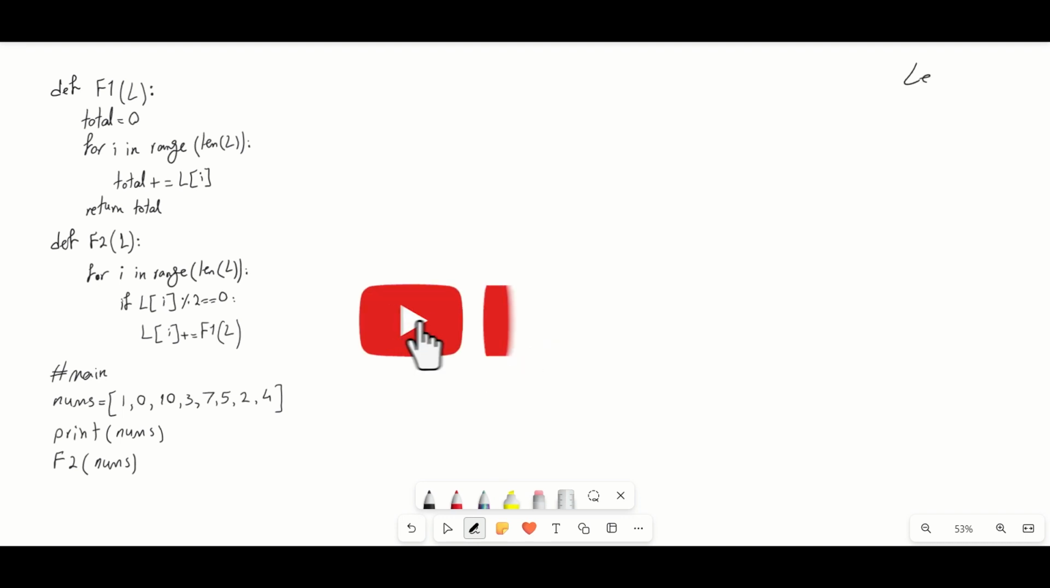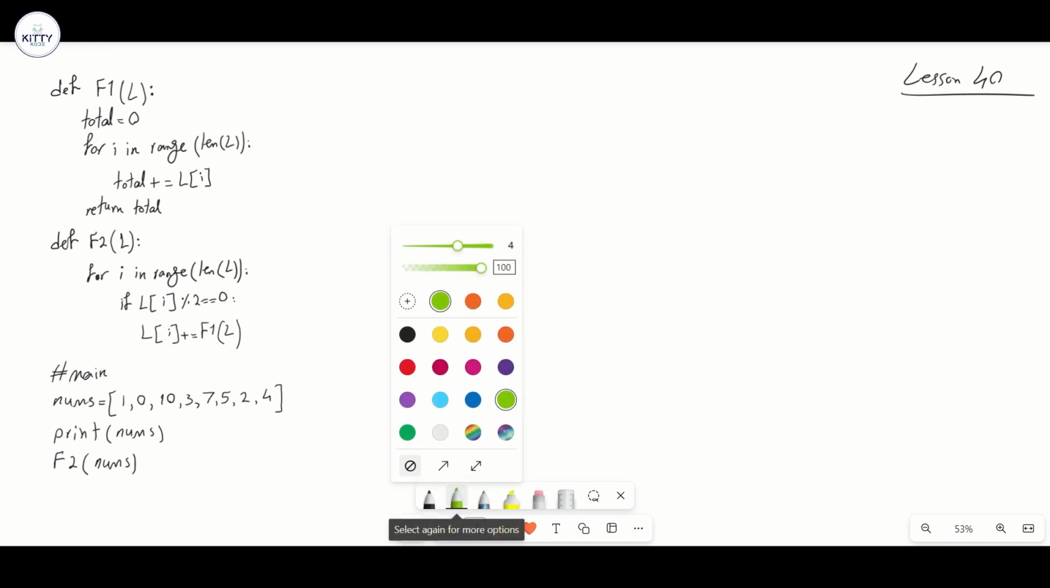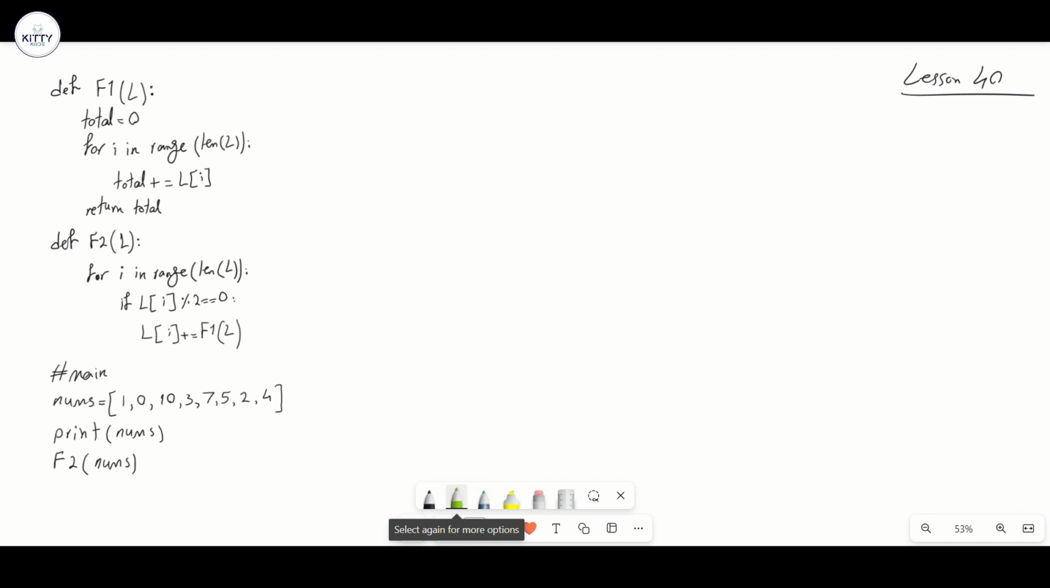Okay, welcome to lesson 40, the last lesson of this series. In this lesson, I just analyze an example about functions and some terms related to functions. So first, let's find